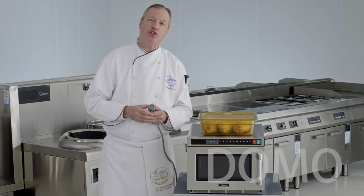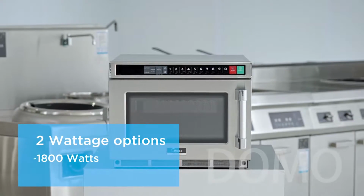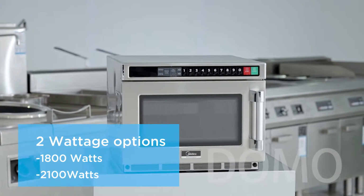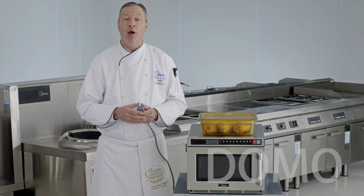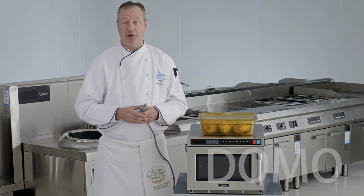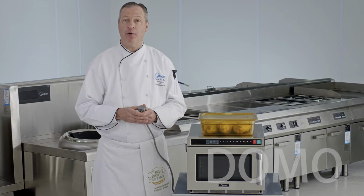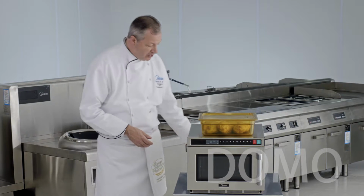Let's talk about the first time we set up our Midea 1817 and 2117 commercial microwave oven. All Midea 200-plus volt units must have voltage selection first put on when it's first plugged in. And this is how you do it. When you first plug in the unit,